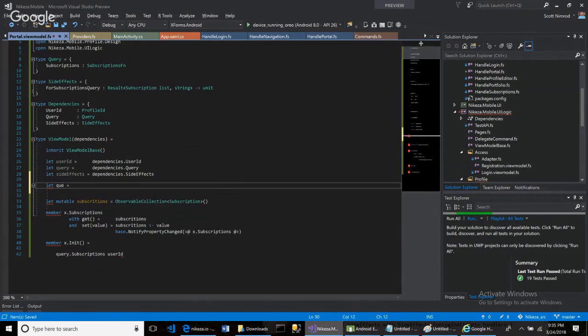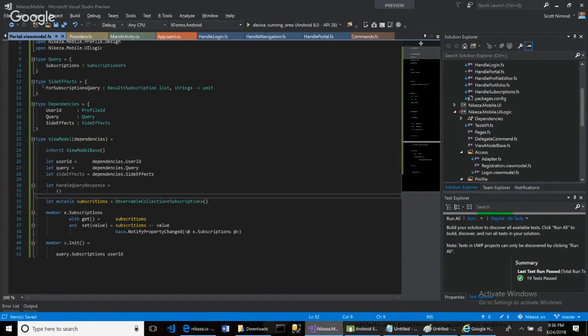Okay, let query response, or let handle query response equal. Okay, and this is going to... I don't know how to do this. How's this going to work? This handle query response is going to